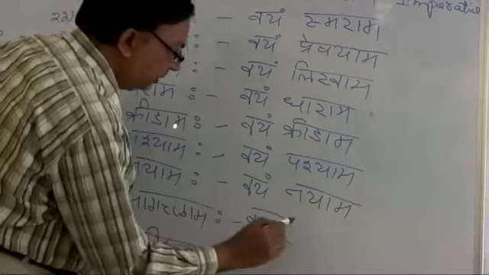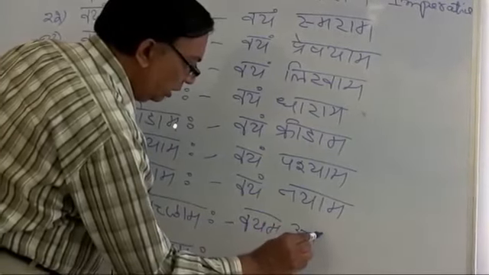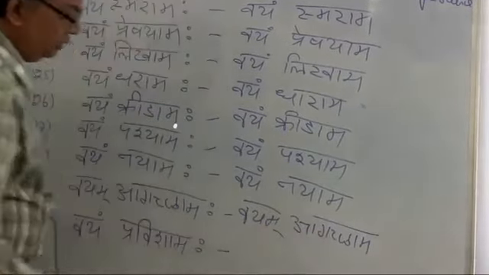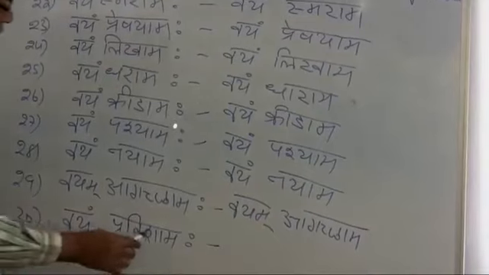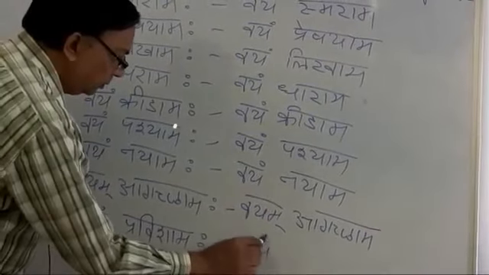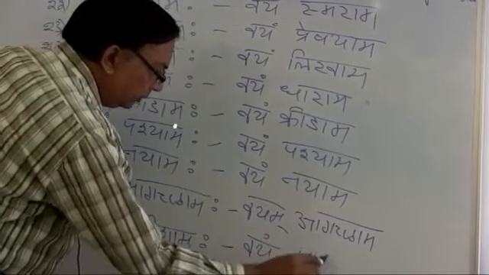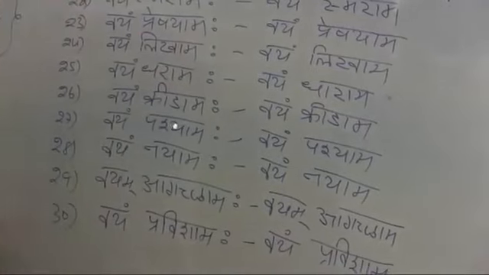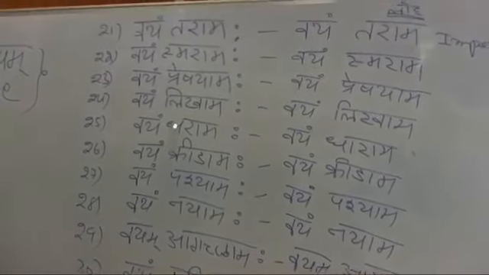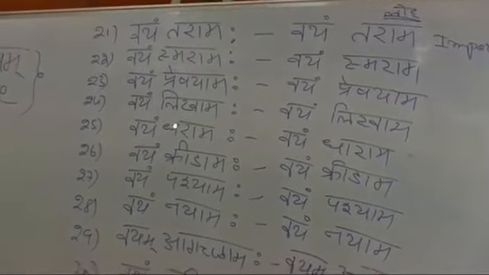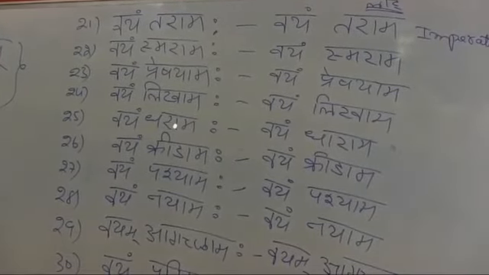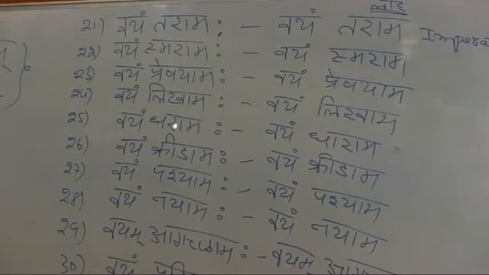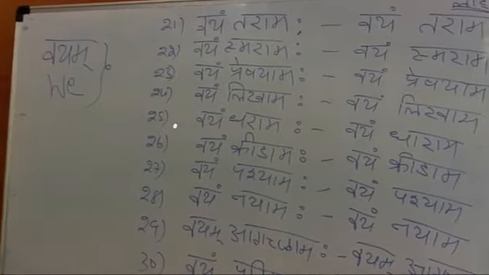So, Vayam agachamaha, agacha, agachama. Shall we come or let us go? And the last one, Vayam pravishama becomes Vayam pravishama. So this way, imperative mode in first person, three numbers we have done. Aham, we practice it with Avam and Vayam. In Agna, simple present tense being converted into simple imperative mode.